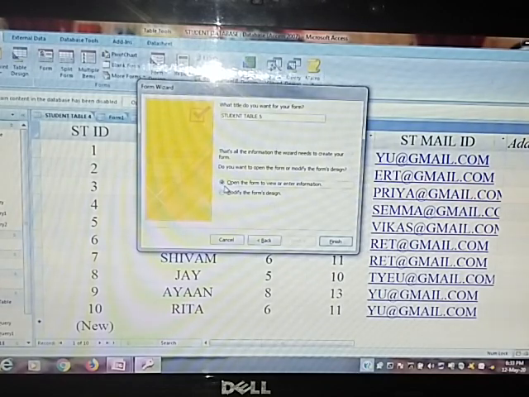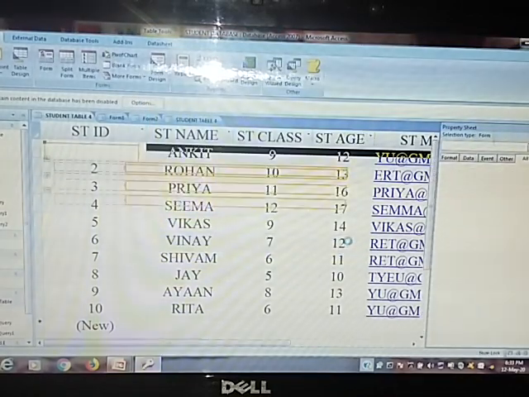So here we choose open the form to view or enter information. And you write the name of the form, for example, Students Form. And after that, click on the Finish button.